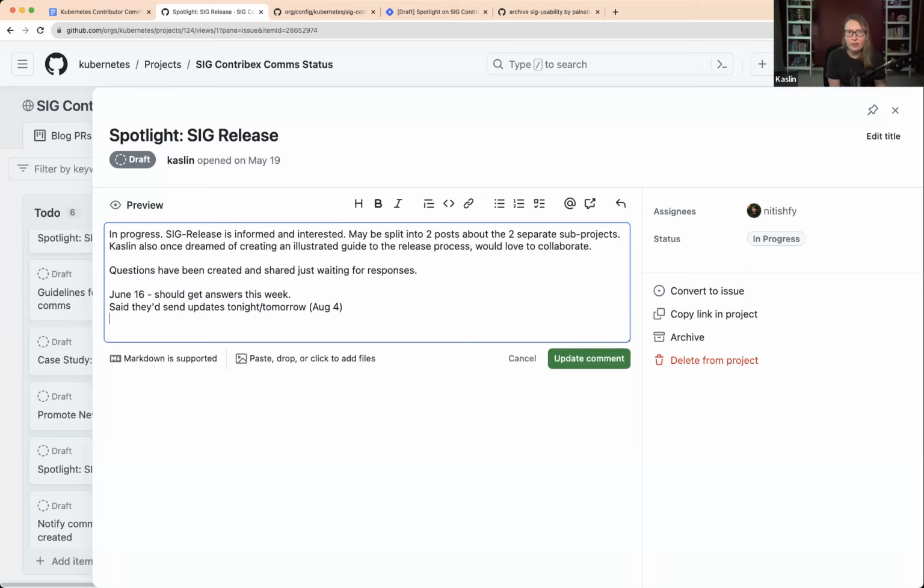So one of the two sub-project blog posts can move forward and the other one you're still waiting on? I am waiting on the answers for the release stuff, like the shadows and all the stuff. But I think it was already given, I think one or two months ago, and I don't want to extend the other sub-project questions too long just because we are not working on one, right? So I think maybe I should. This is the time now I should focus on the other one as well, not delaying it much longer,